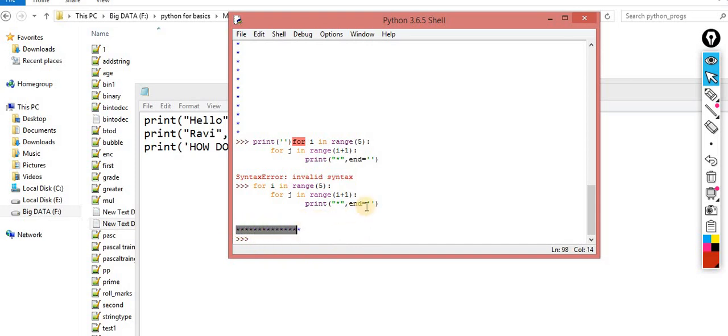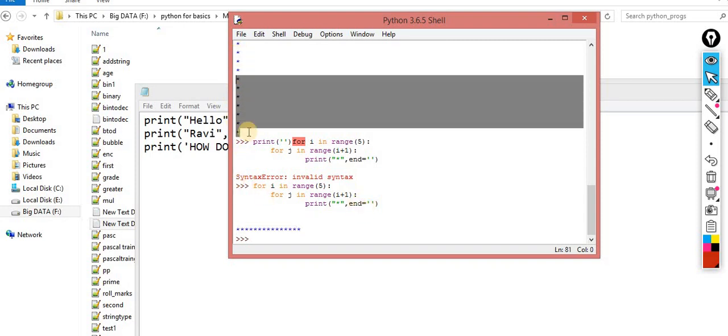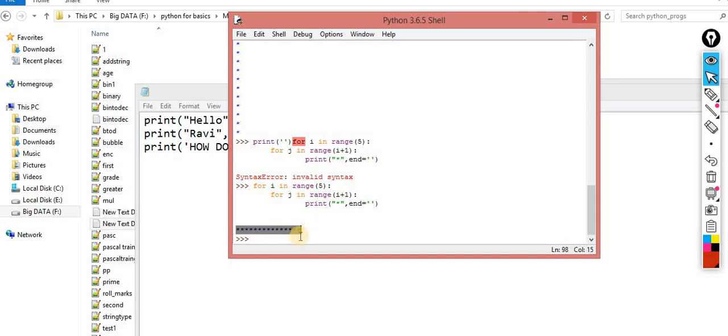Now what exactly is happening? By default it is printing into these lines, but now it is printing in a horizontal pattern. So my requirement is something else, sir. So still I didn't get my output. Now observe this scenario. Go through this picture, then the picture would be more clear.